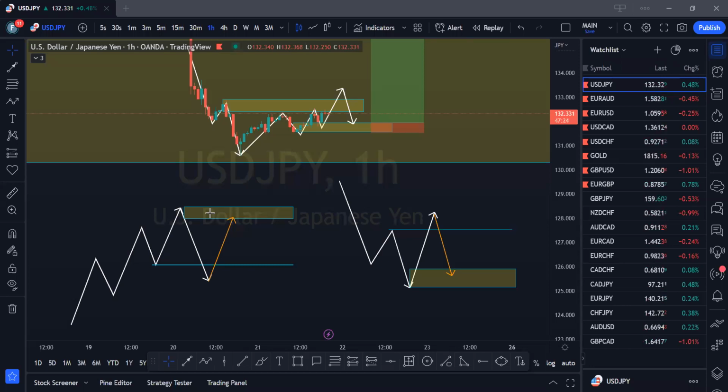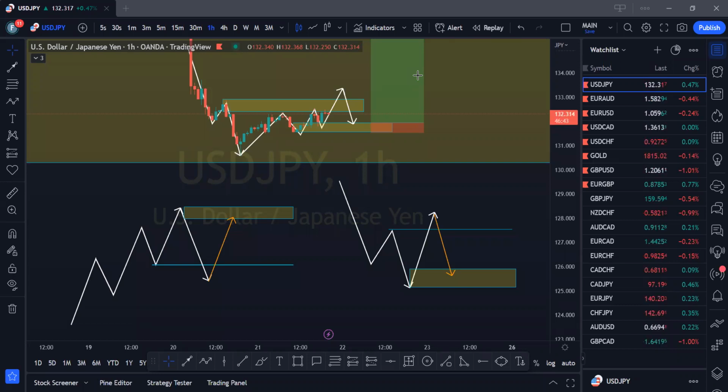All right, guys, any more questions before we wrap this up? We've been here for a bit over 1 hour. So we've checked out USD JPY, EUR USD, and GBP USD. So 3 pairs, and on those 3 pairs, I think we've also highlighted zones where we should be trading from. If you check out every other USD pair, they'll be quite similar.